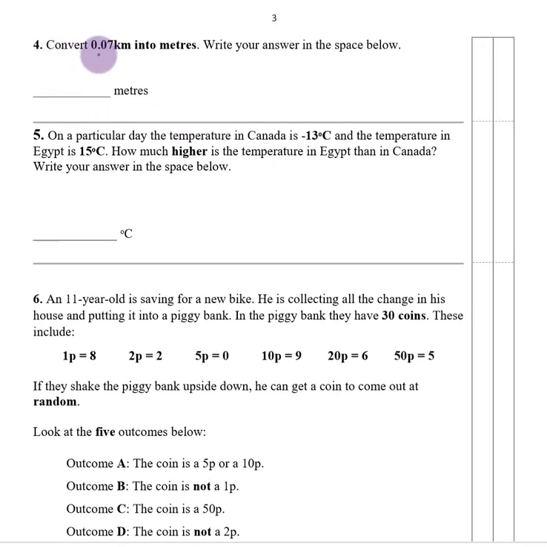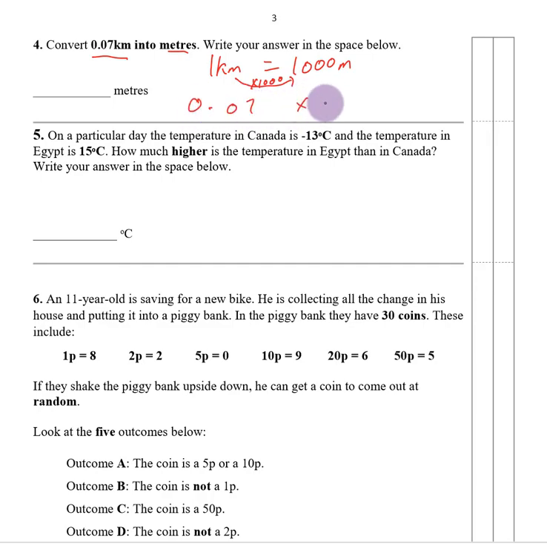Number 4, convert 0.07 kilometers into meters. So first off, we need to know what the conversion is from kilometers to meters, which is 1,000. 1,000 meters, 1 kilometer. So basically, how do we turn 1 kilometer into 1,000 meters? We have to times by 1,000, which is what we need to do to this number as well. So going kilometers to meters. So we'll go